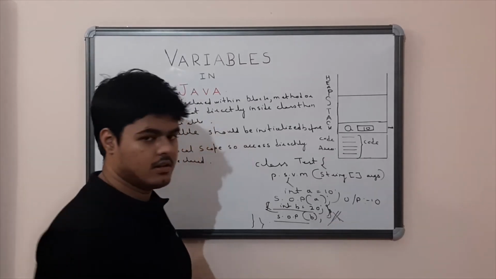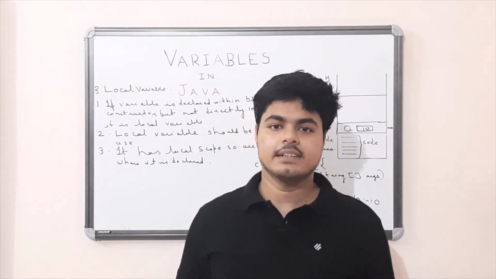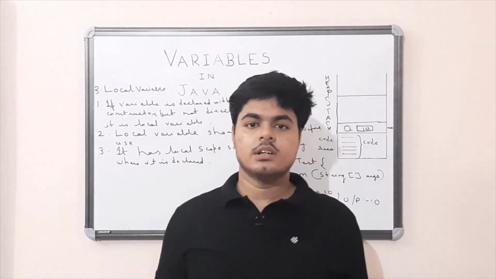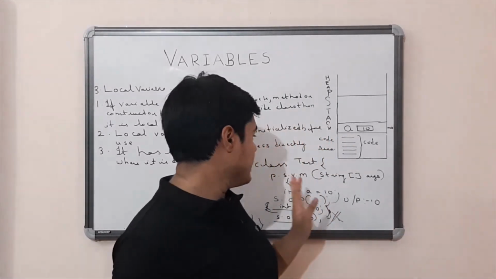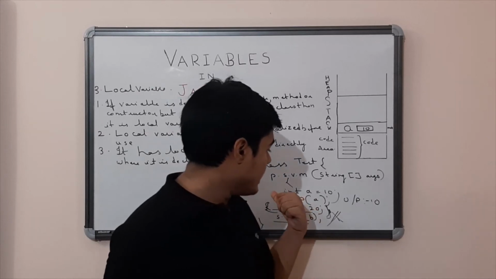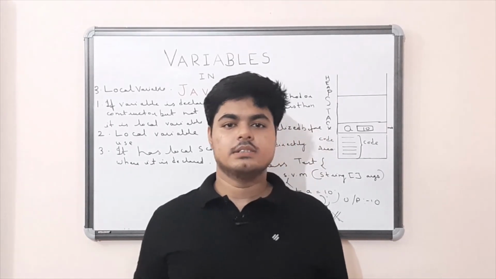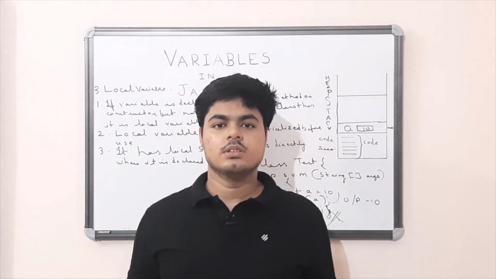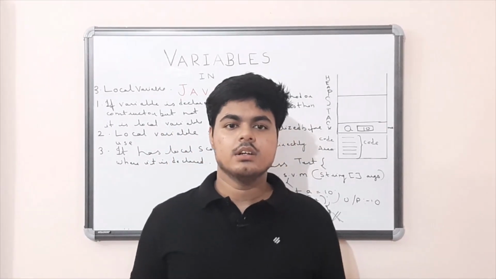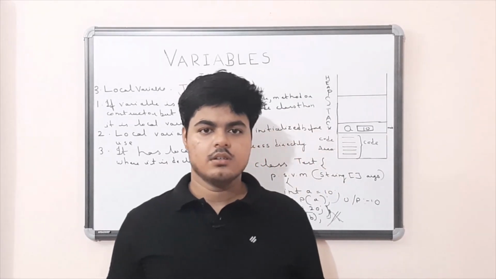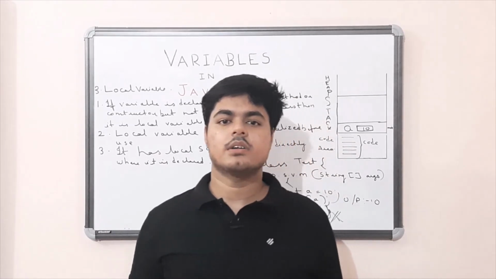One thing is that this local variable cannot be declared as static, since for a static variable the memory is allocated at the class loading time. Whereas for a local variable, when the main function is called and the variable is present inside it, it is allocated at a much later stage. So it is illogical to think that a local variable can be made static, and you cannot make a local variable static, it will show an error. And it is also different from a non-static variable since it is not a part of the object.